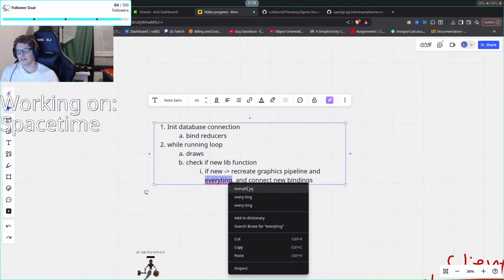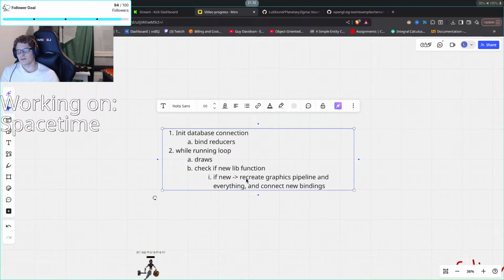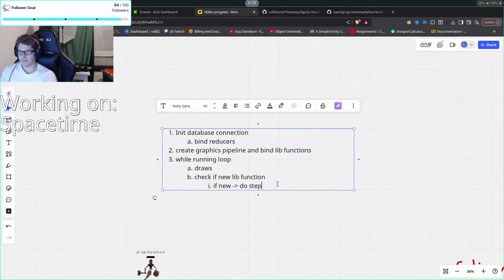Anyways, we can actually have here: create graphics pipeline and bind lib functions. And then here we just do step 2 again. Right?